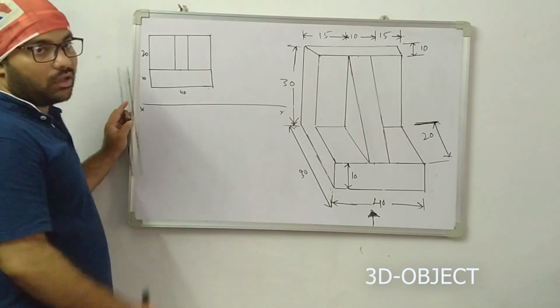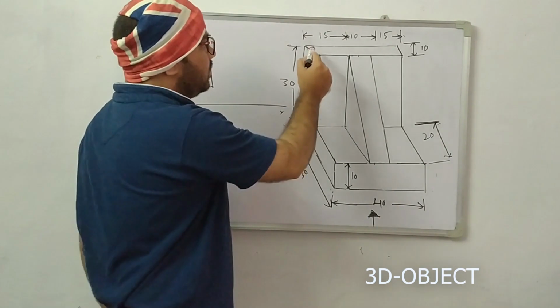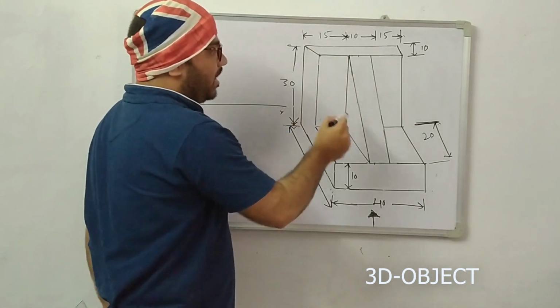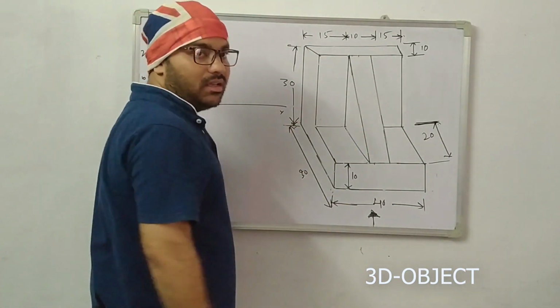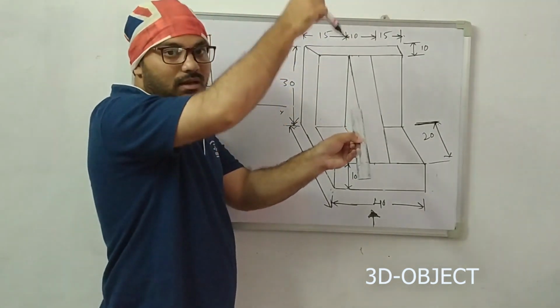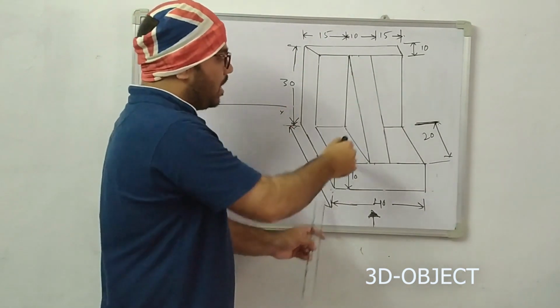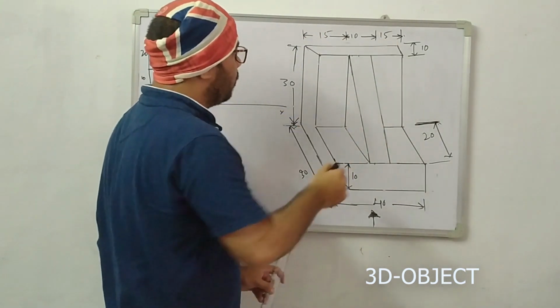Now we are going to draw the top view portion. In the top view, you are watching from the top side. I can see this box and again I can see the slant face. Here also I can't see the true length of the slant; the true length of the slant can be seen only in the side view. First of all, you draw the total box.